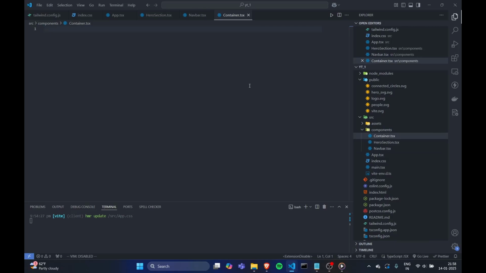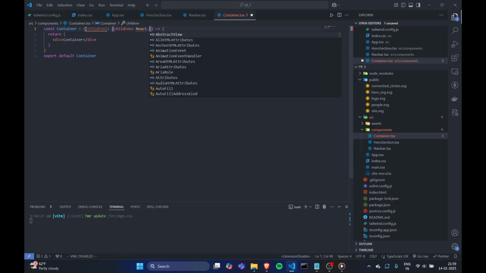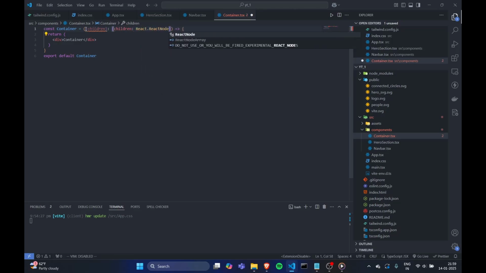So this container file will wrap around other components and help in providing uniform margins and padding to all the components. So this is the component. It will take as props children, which we will define like this, and again it will return those similar children,